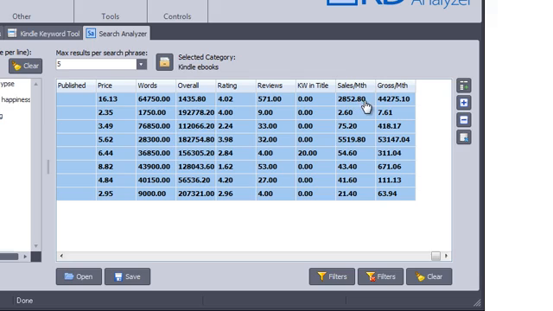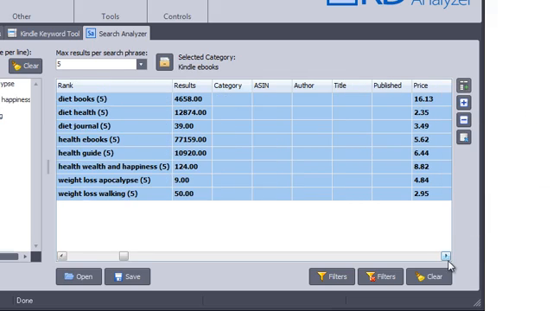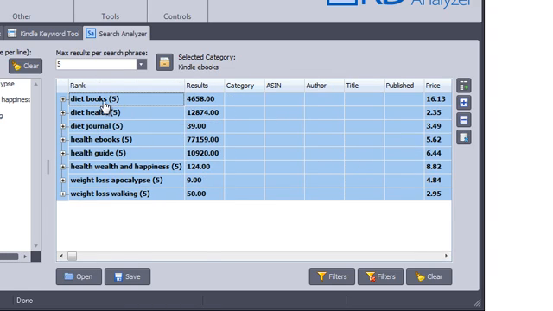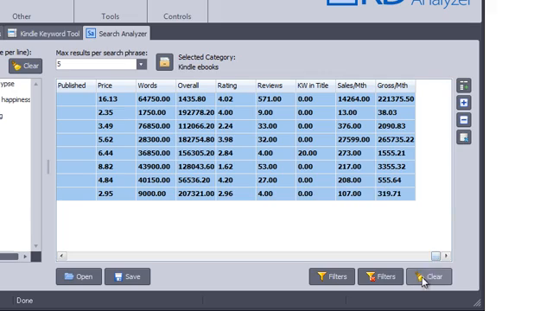You can also see the average monthly sales. And if you don't want to see the average, you can get the totals just by selecting Calculate Totals. And now we know the total amount generated by all those books that we extracted, which is 5 books for that particular keyword. So it's very powerful information, and you can define your own filters,